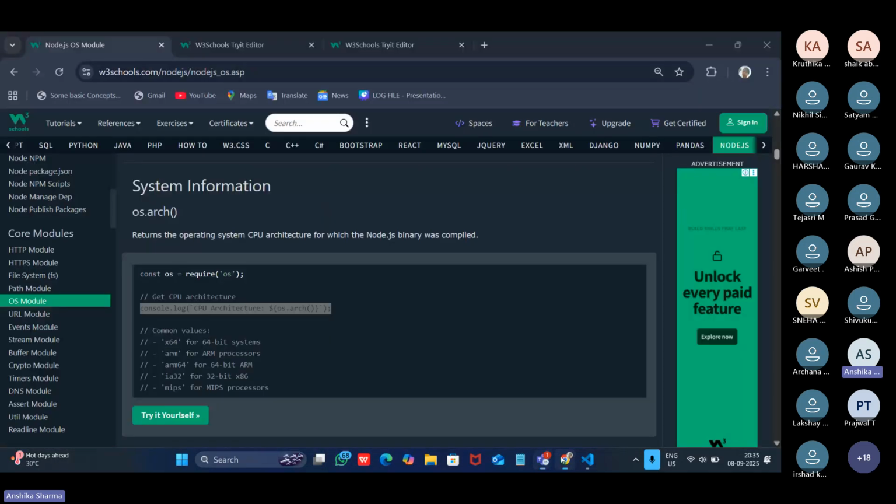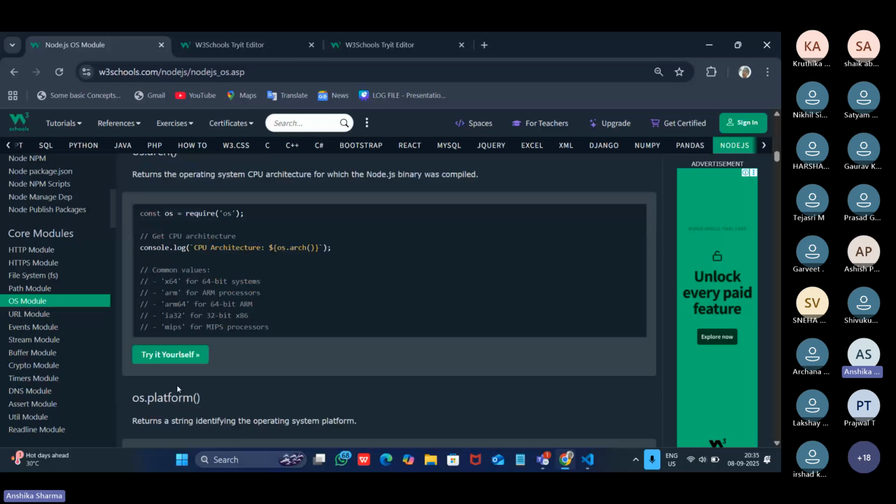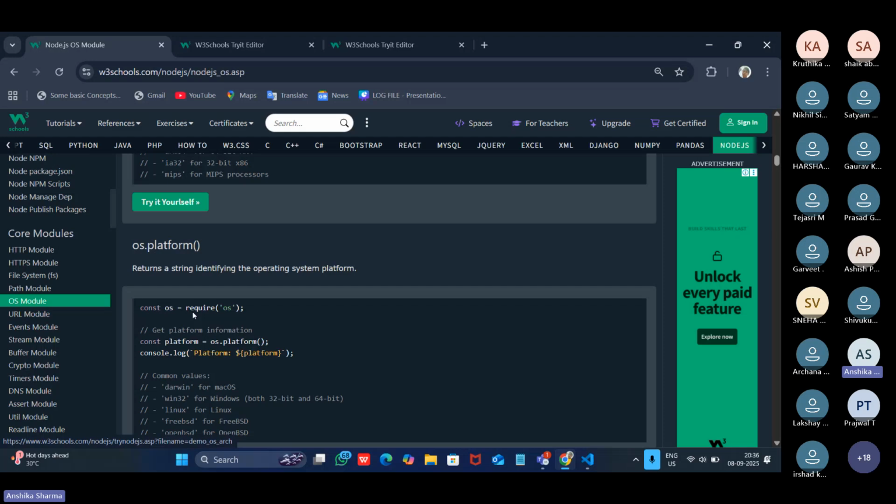That will give me the information about my CPU architecture. What are the different common values? As you have already got x64, all our systems are using a 64-bit system. There are multiple different values, different outputs that we might get, if we have ARM processors or 64-bit ARM, 32-bit x86. Next is os.platform.